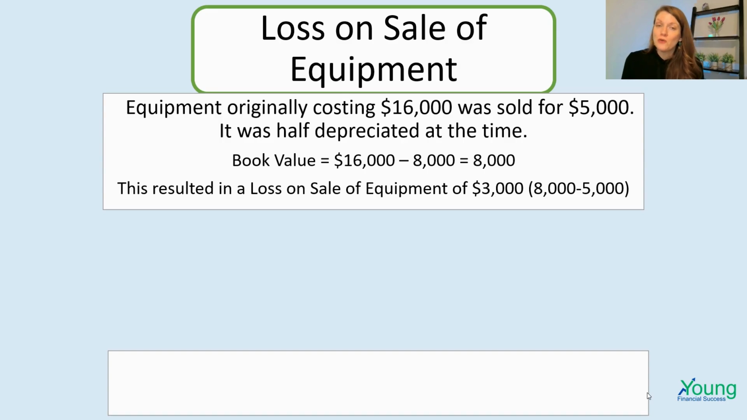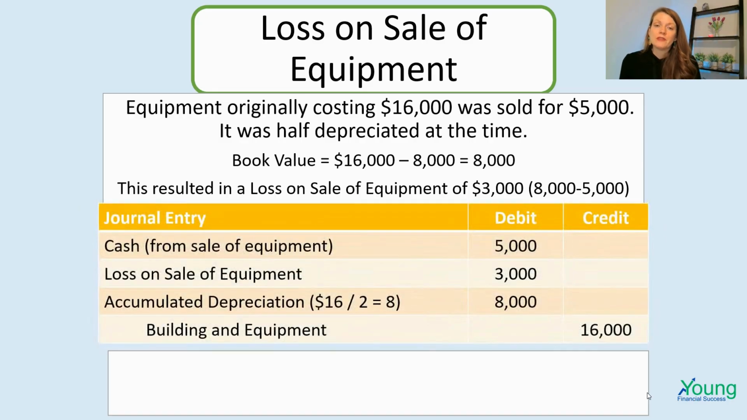Well, they only sold it for 5,000. So that $3,000 difference, we were valuing it at 8,000 on our balance sheet. Our buyer only valued it at 5,000. So we have a loss of 3,000. So in order to get this asset off the balance sheet, this is what we would have had to have